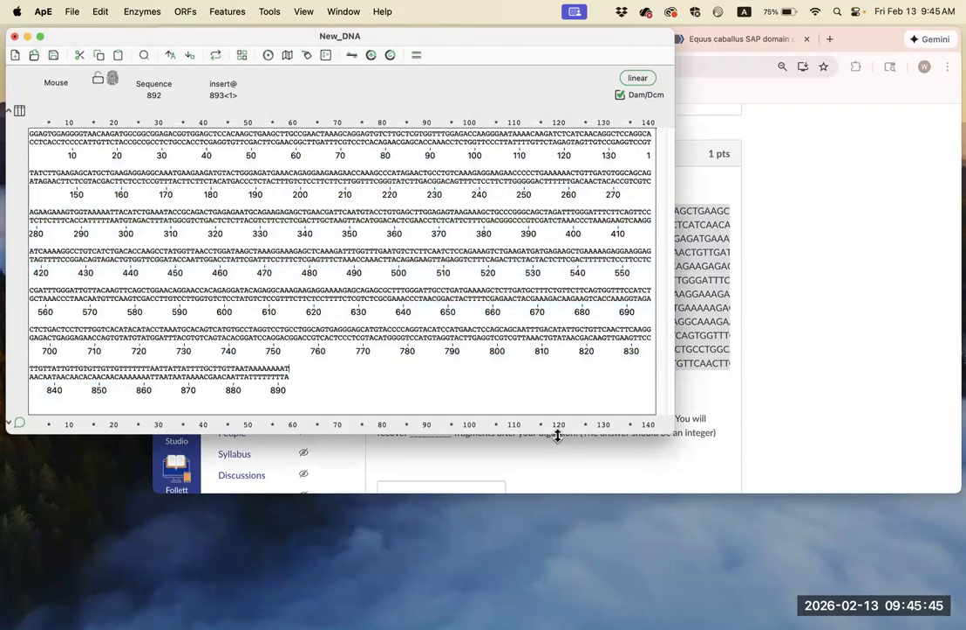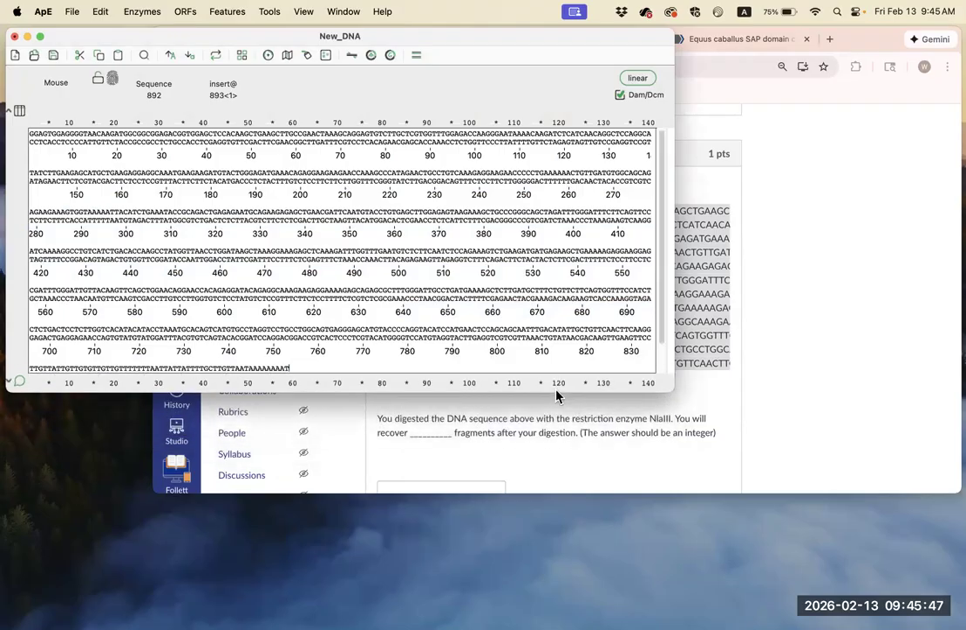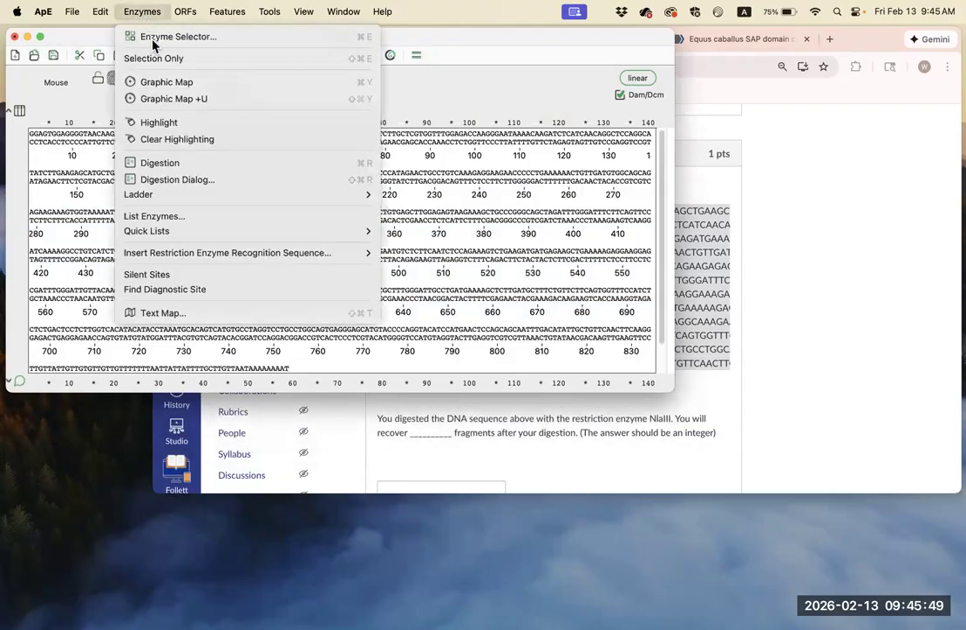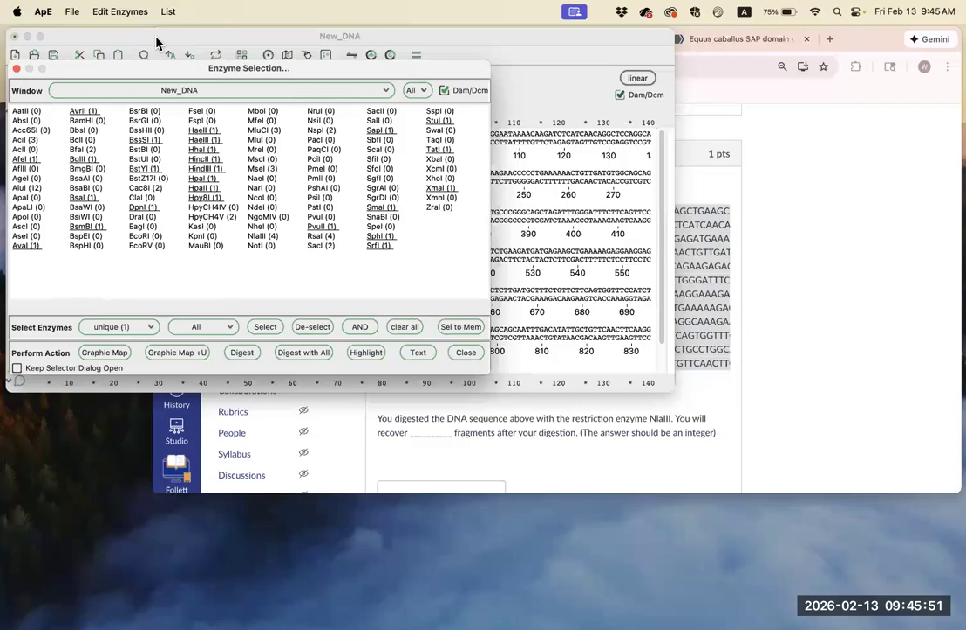To do a simulated digestion, we're going to go to enzyme, then click enzyme selector. The enzyme we're looking for is NlaIII. So let me search for that. NLA followed by Roman numeral 3. I'm clicking on this to highlight the enzyme. There is a parenthesis 4, meaning this enzyme cuts the